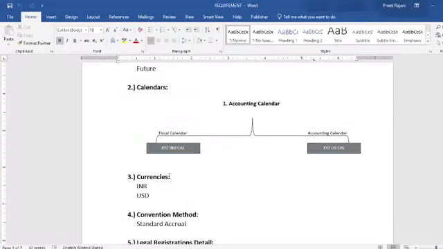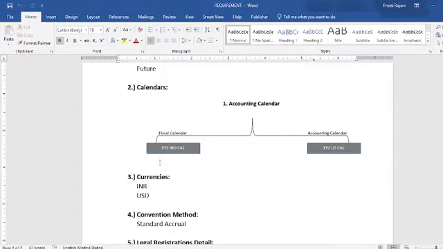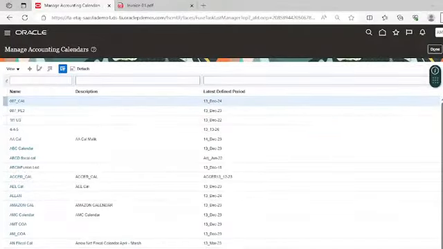According to our client requirement, we have created one fiscal calendar, and now our client's requirement is to create the accounting calendar also for the US legal entity. For that, again you have to click on this add icon.